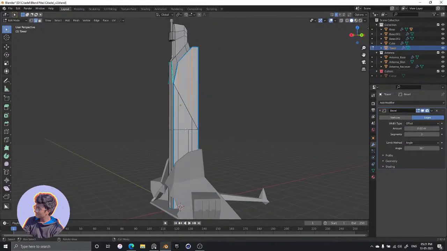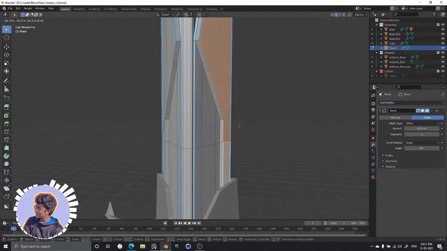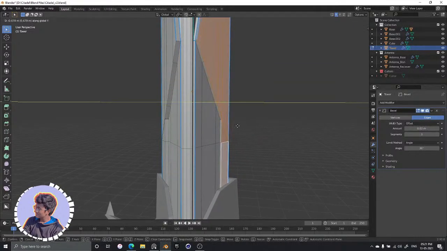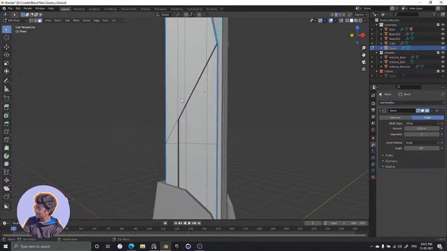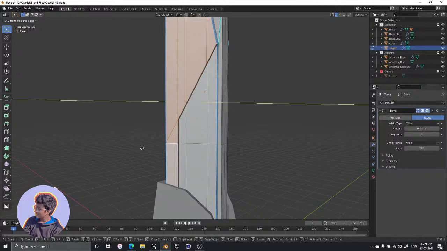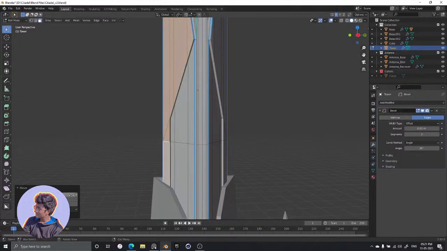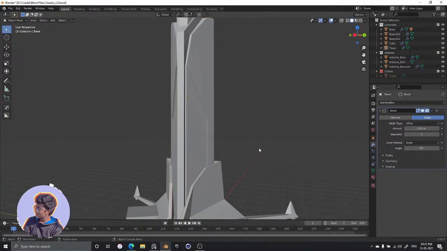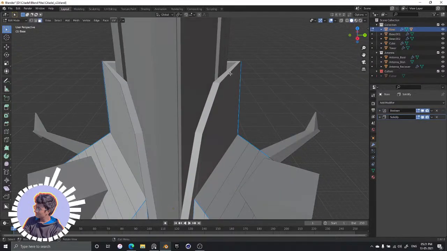Let's choose that. No, face select. Let's choose those. Let's choose those, and let's reduce this up just a little bit. Let's get it to minus 0.5. Same over here. Let's bring it down 0.5. Okay, much better. And yeah, if we want, we can revert this back a little bit as well